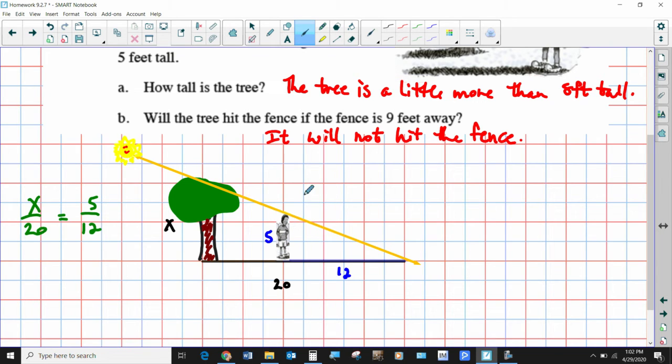He's 5 feet tall, so his shadow was 12. So that's a ratio of 5 feet for him to 12 feet for his shadow. And we don't know the height of the tree, but the tree's height is proportional to its shadow just as the person is, because these are what you would classify as similar triangles. Remember, angle similarity here. They're both right triangles, so they've got this angle similar, and then this angle that comes off from the sun is going to be the same for both of them, and this angle is the same for both triangles. So all 3 of them are the same, meaning that these 2 triangles are similar, which means this is proportional in nature. So when you cross multiply, you get 12x is equal to 100, and then 100 divided by 12,